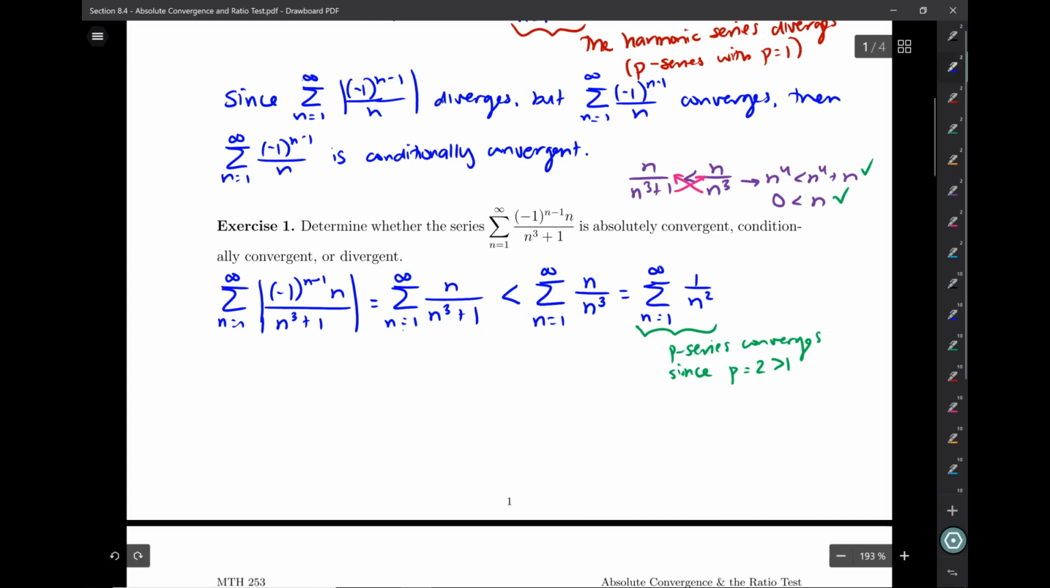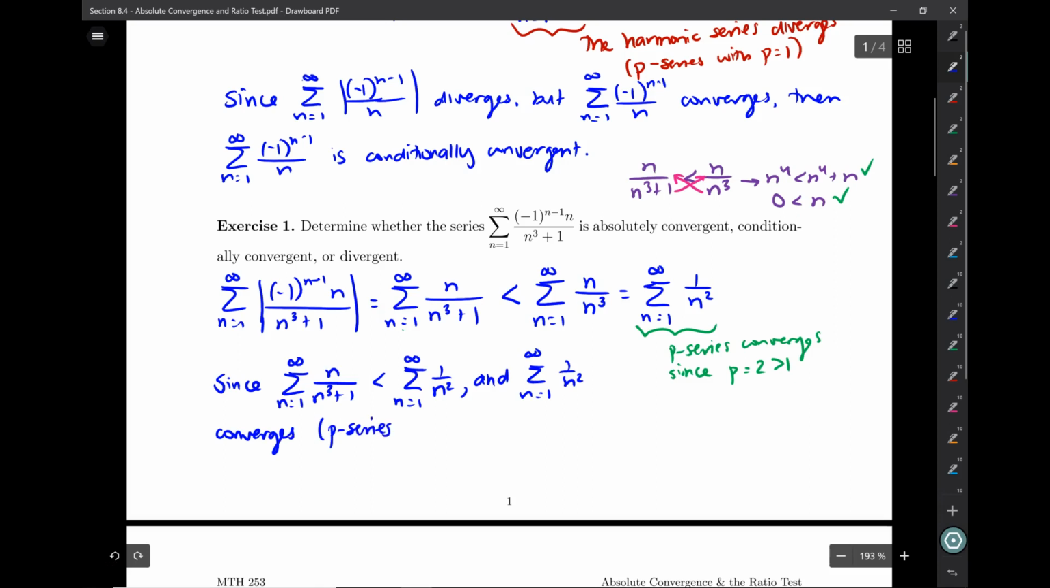So what we can do then is say something along the lines of, since the series from 1 to infinity of n over n cubed plus 1 is less than the series 1 over n squared, and we know that the series 1 over n squared converges. Again, it's a p-series. This is my justification statement here. P-series with p equal to 2, which is greater than 1. Then by the comparison test,